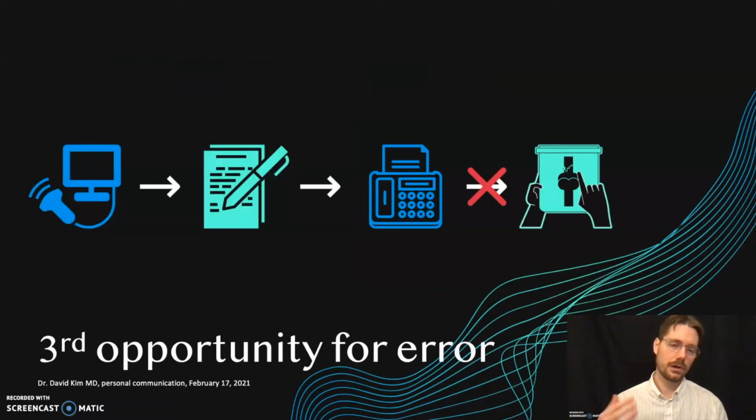And this is really where our third opportunity for error arises. Voice recognition has a baseline level of error, and while it's efficient, there are sound-alike errors and other things that can cause issues. Transcription services also have a lot of error involved. One of our radiologists at Evergreen, Dr. David Kim, estimates that about half of his exams that come back from transcription still contain error, so he proofreads everything. Overall, there's just a lot of chances for error that can happen in our workflow.